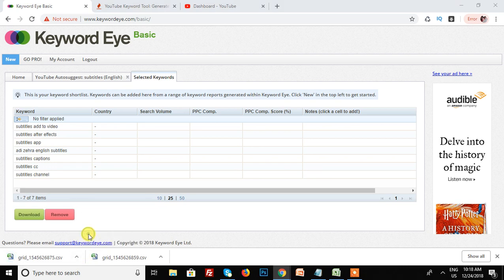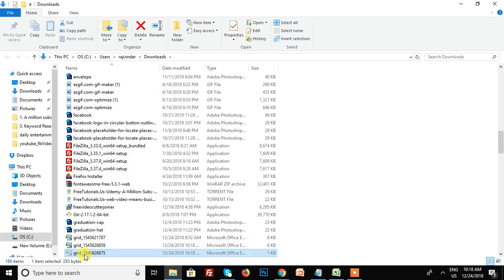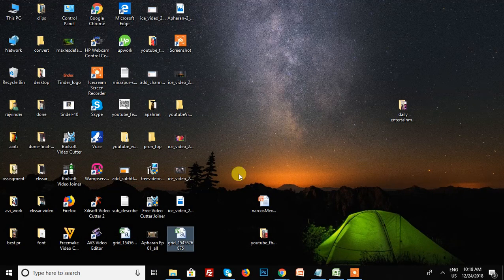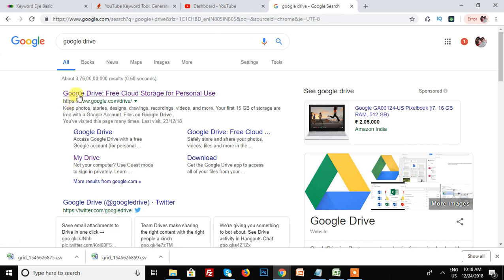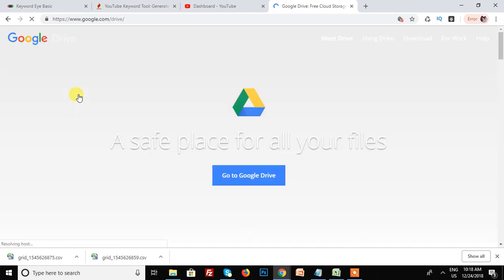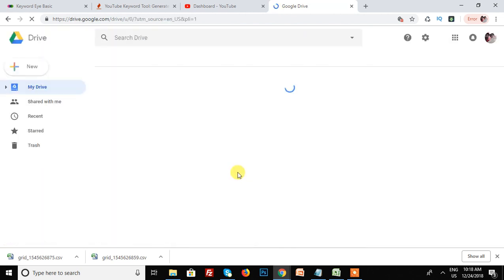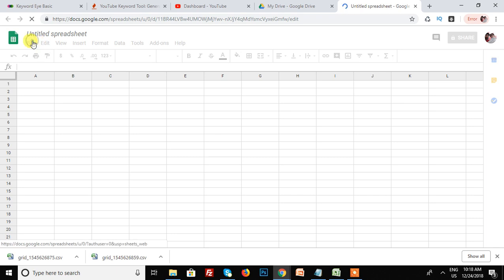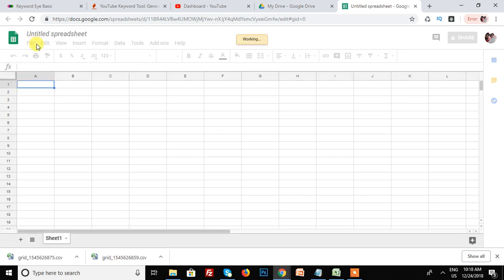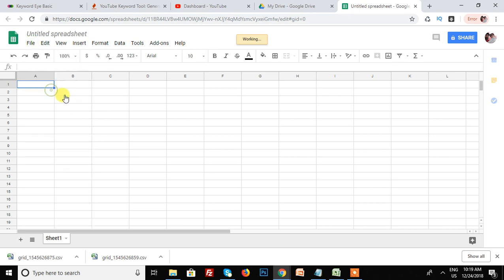See, this is the Excel format file. I paste it on my desktop, and then I open my Google Drive. You can also open this in MS Excel, but I'm using Google Drive. Go to new, click on Google Sheet, and click on import.